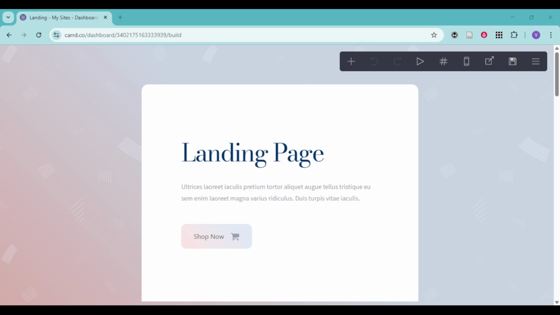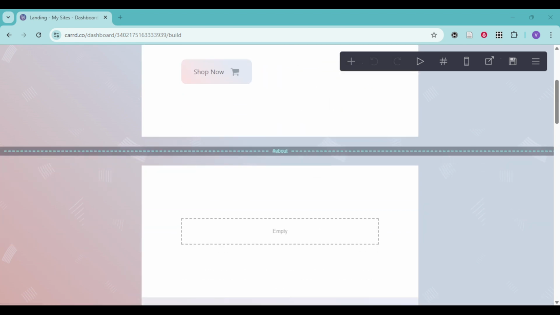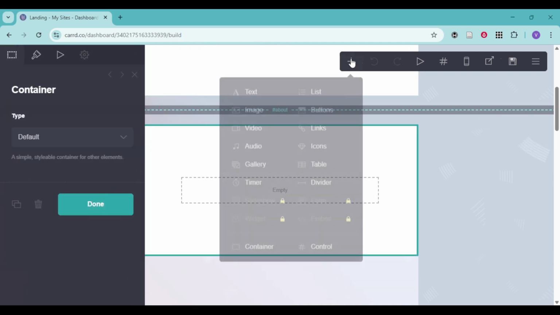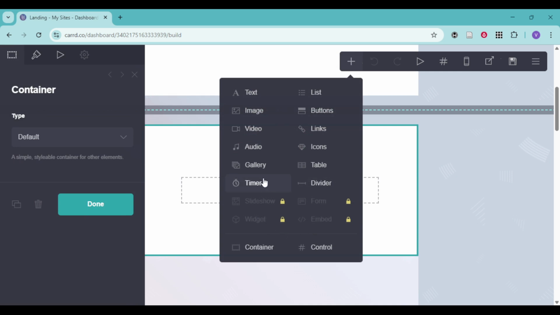Start by opening your Card website editor. This takes you into the place where you can add and rearrange elements on your page. Once you're in, look for the plus icon labeled Add Element. Click that and choose Button. Card will drop a default button onto your canvas and a settings panel will open so you can make it